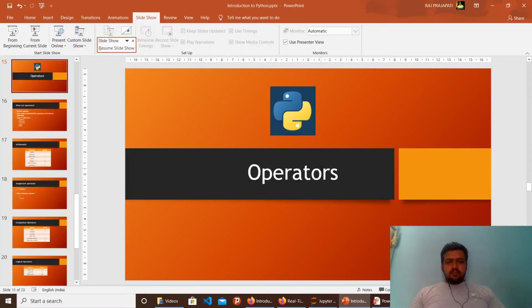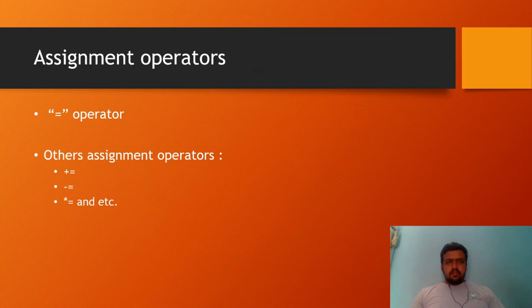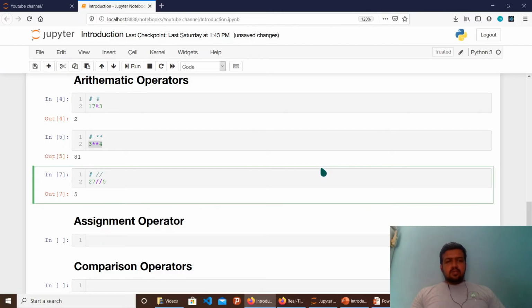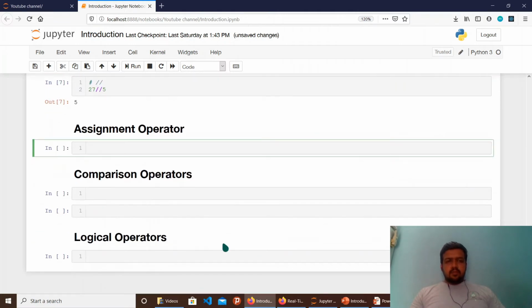Moving forward, we'll go with assignment operators. For now I'll just discuss the equal to operator. The rest of the operators we will discuss in the next video, precedence and shorthands. The equal to operator is very useful in assignment of values to a variable.